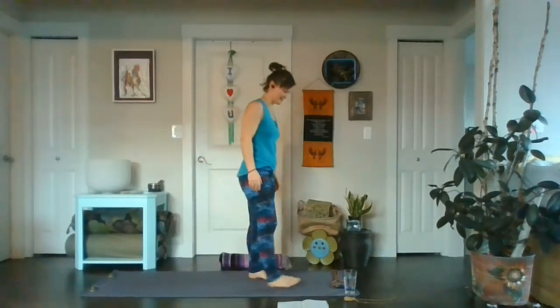I have the stamina and the strength. Inhaling, your feet facing forward. Here is jumping your hands together and your feet together, and then marching that out. Coming to the top of your mat,